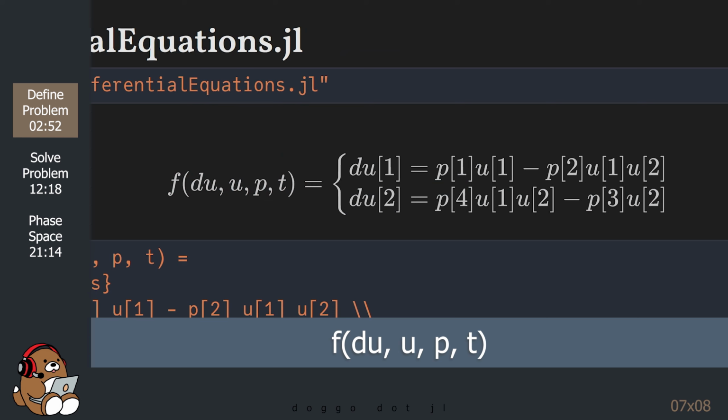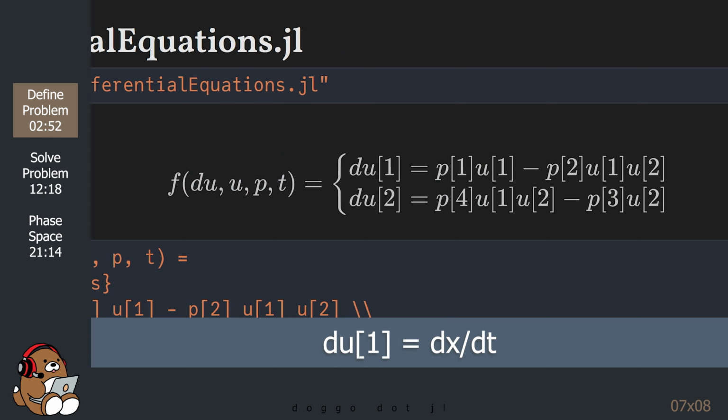In order to solve a system of differential equations using the DifferentialEquations.jl package, you need to define a Julia function that takes the arguments du, u, p, and t. This is similar to the Julia function that we set up to solve a second-order ODE. But in this case, we're not taking the derivative of something twice. Instead, we're taking the first derivative of two separate but related equations. In order to keep track of everything, the DifferentialEquations.jl package uses index numbers, which we've seen before when using multiple parameters.